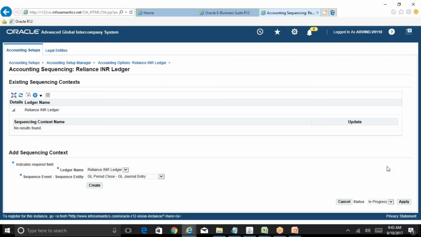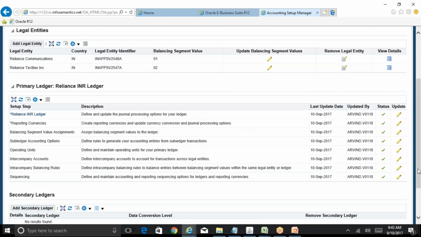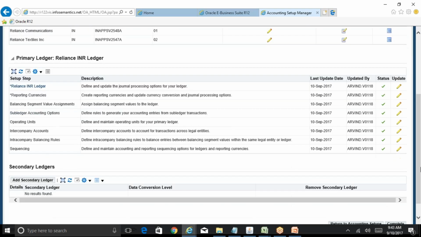So we are not going way ahead with those things. So just do a complete apply. Okay, so here you can see the tick marks for all the setups. That means you can start using this particular ledger. After you can see the tick marks for all these things, there are a couple of things you can